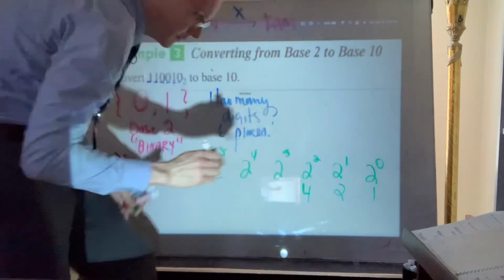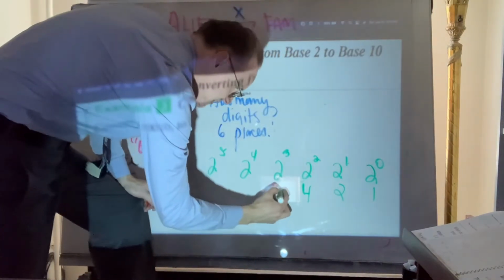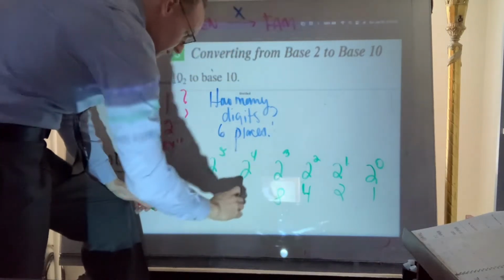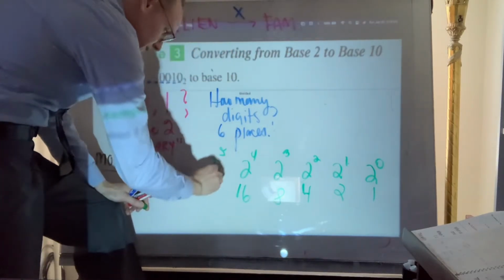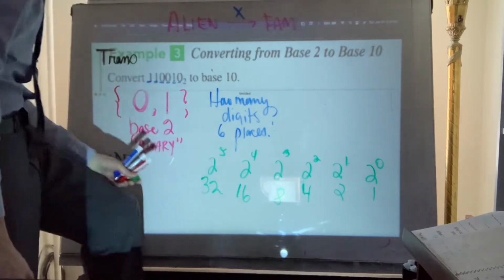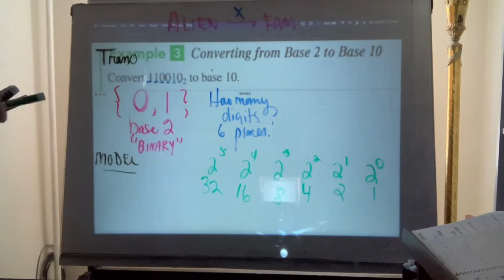Sorry, I got a band-aid on. 2 to the third is 8. 2 to the fourth, it would be 16. And 2 to the 5th would be 32. Right. So essentially,